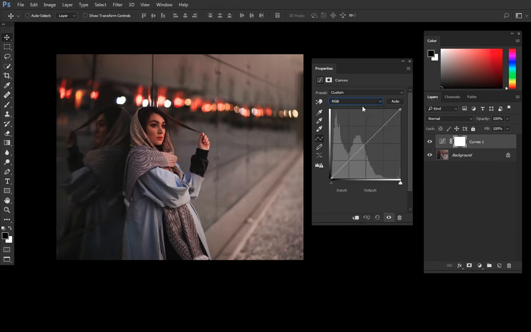Now let's do some color grading. Here I am in RGB channel and let's take a point up to brighten up the image a bit. I will add some reds in highlights, some cyans in shadows. I want some greens in highlights. Here, as I took it up, green also got added in shadows. But I don't need it, so I'll make a point to the left and drag it to its original position.